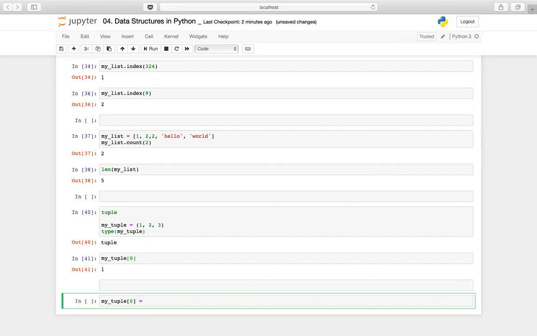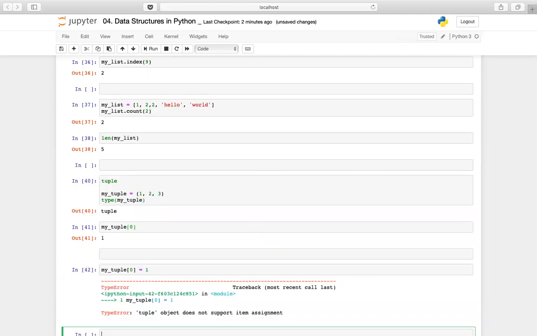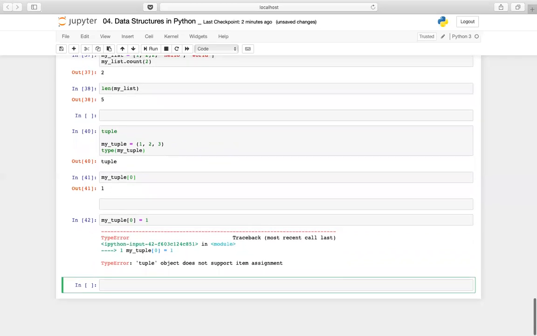when you try to change the values, all right, you immediately get an error. So it does not support item assignment. So that is the major difference. Okay? That is the major difference between a tuple and a list. So tuples are immutable data structures. So once you create a tuple, you can't change it. That is the major difference. Okay. So,